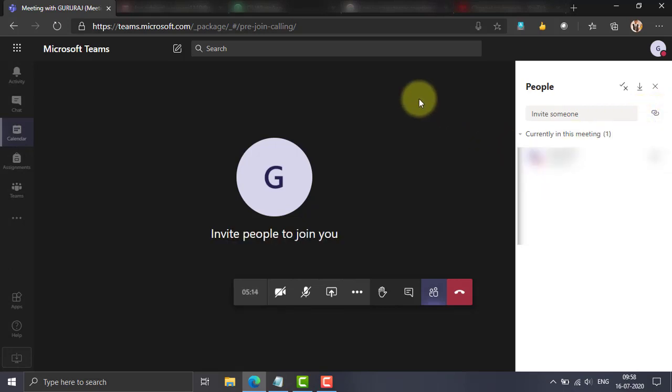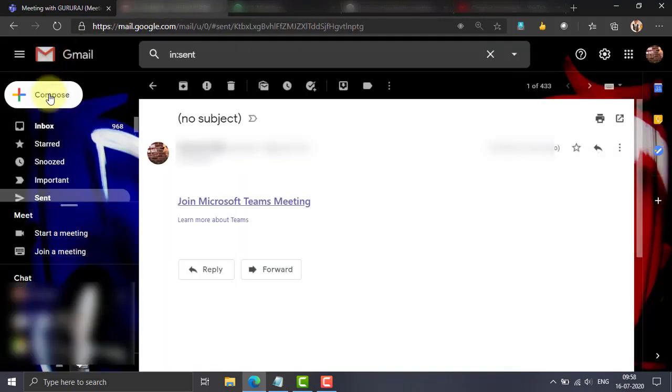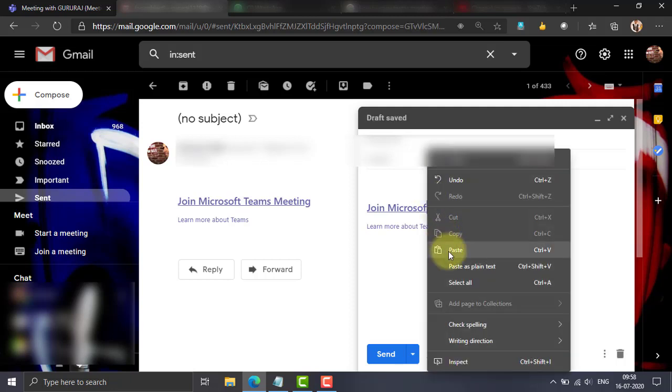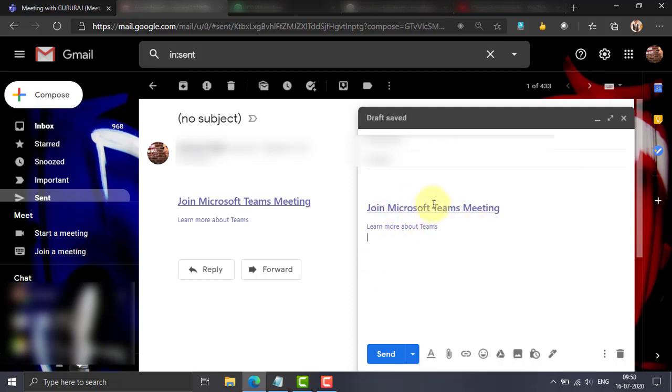Now to email that, go to your email and click compose. Type in the email address of the person or persons you want to invite to your meeting. Then type in the subject, such as join this meeting. In the body of the message, press Ctrl V, or right click and select paste. You will get a link.